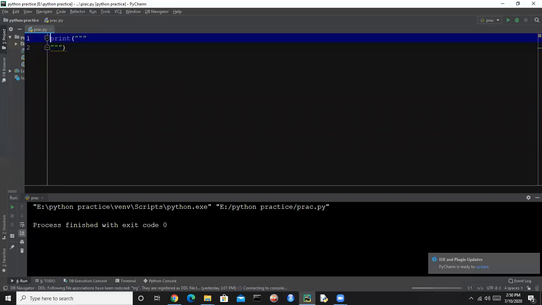We will use a multi-line string. So we are using 3 quotes, and let's say this is a stone paper scissor game. So now we are using this to make it good, and let's say we want to say that